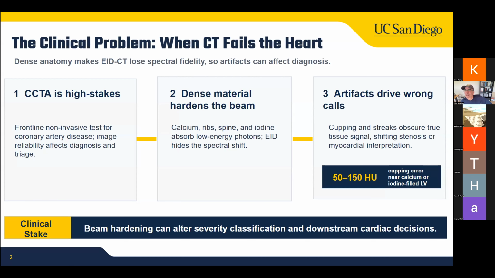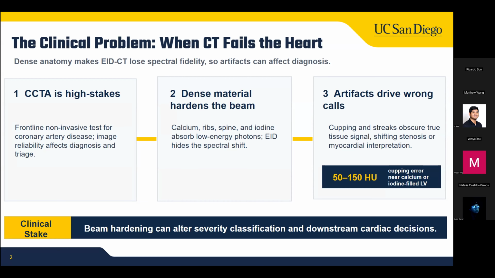One limitation of conventional CT in cardiovascular imaging is beam hardening artifacts. In coronary CT angiography, image quality is very important because the scan is used to evaluate coronary artery disease and guide clinical decisions. However, the heart is a difficult imaging target. There are dense structures such as calcium in coronary plaques, ribs, spine, and iodine contrast inside the left ventricle blood